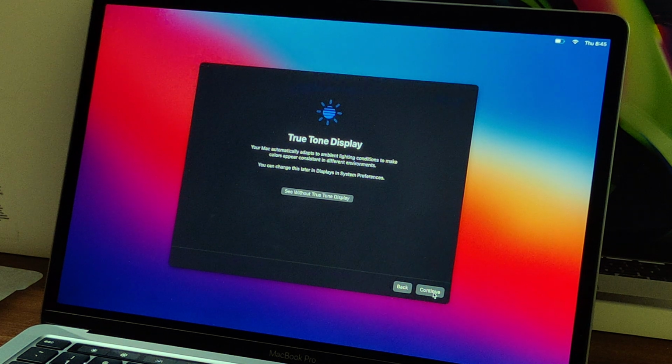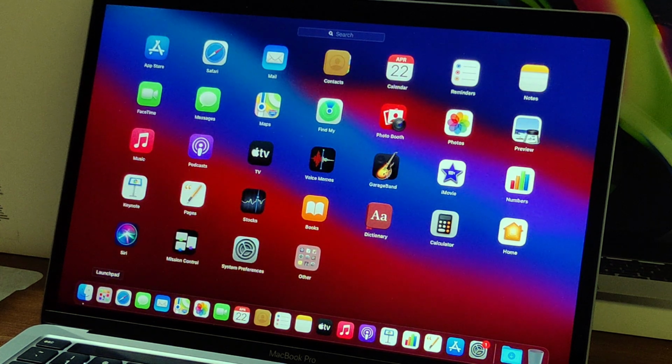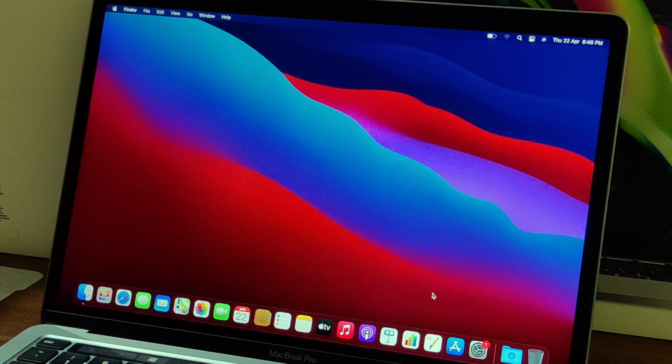That's all, the process and steps are completed, and we have landed on the usage of Mac. Click on Launchpad. It will show you all the apps that are currently available on your system. In case in the earlier process you haven't set up anything or if you have skipped anything, you can always do this under settings and preferences.